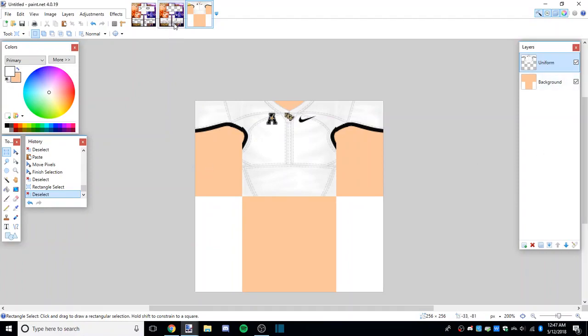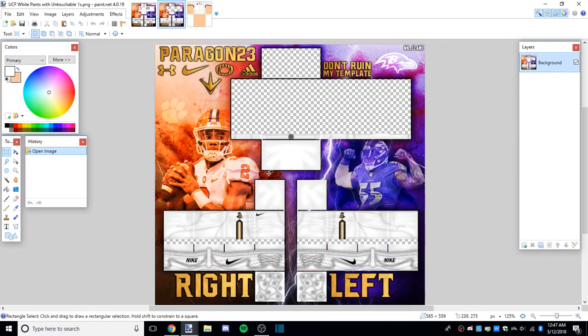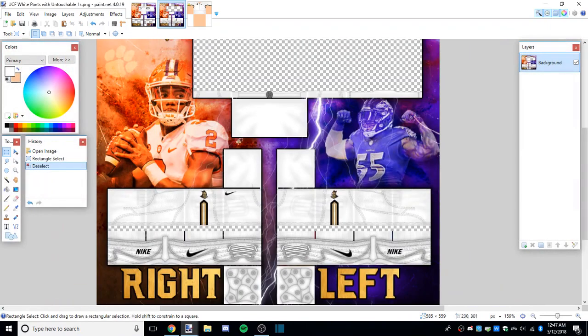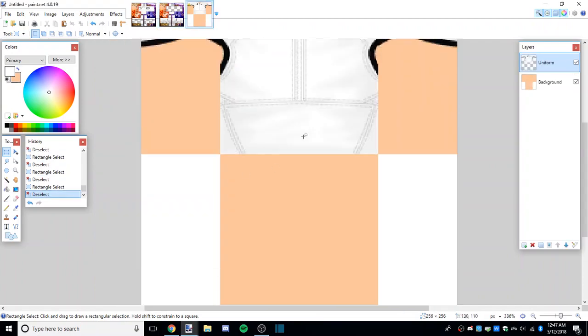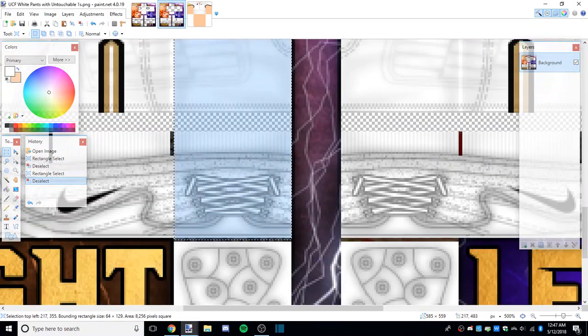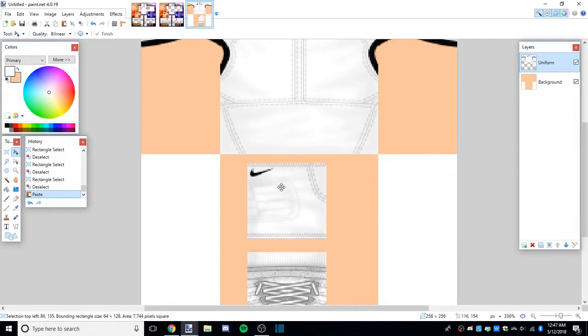Now we need to work on the pants. As you can see, there's the legs alone here. So now we're going to go to the pants. If you're using this pants template, we see there's some overlapping at the top. Roblox doesn't show the pants overlap unless there's transparency in the shirt. So we're not going to show the top of the pants here since there's no transparency here. We'll copy the whole face of the front. Remember 64 by 128. Control-C, Control-V. Drag it so it covers the leg.